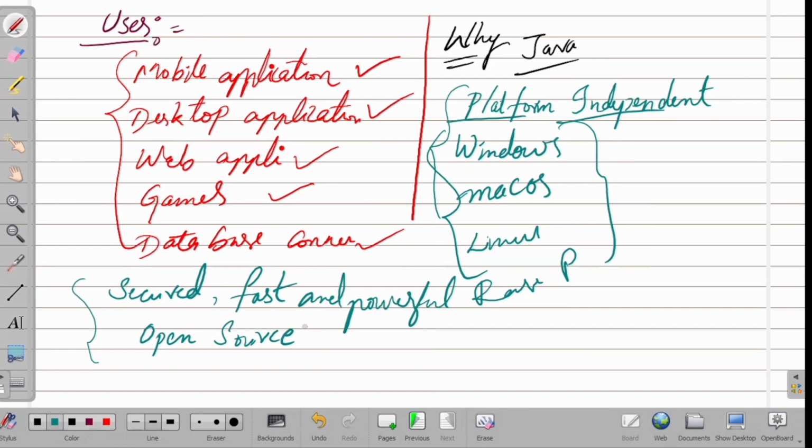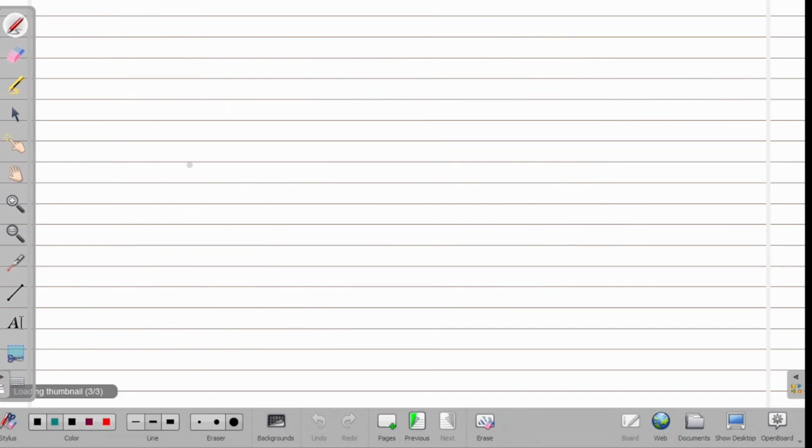So these are the basic introduction about Java. Now moving to the next step: simple syntax we have to know. The syntax is very easy once you remember it. The program starts with class, so first we need to know what is a class and what is an object. These two things we have to know first.